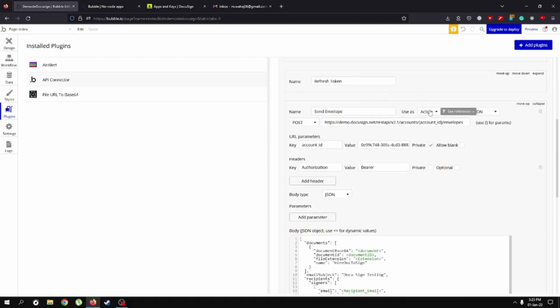We will use this as an action. The data type will be JSON. We will use a post request, and this is the URL which we will hit. The creation of the URL is pretty simple. We use demo.docusign.net because this is our demo account. We specify the API, which is REST API, and the version, which is version 2.1. Then we specify accounts, and we specify our specific account through the account ID, and then followed with a /